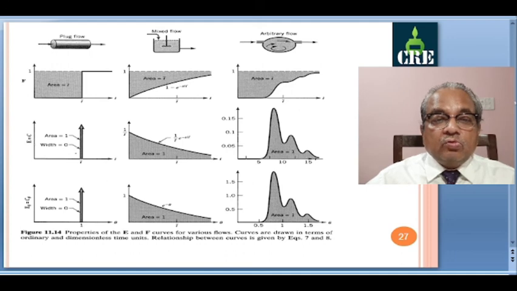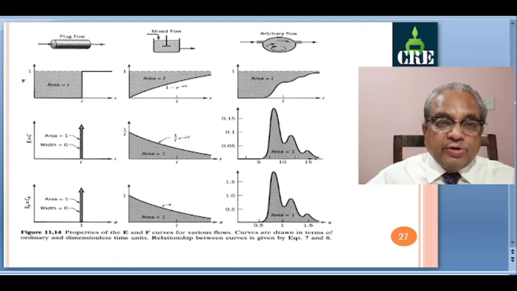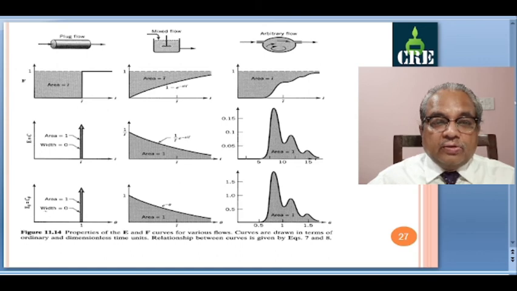The E curve is equal to C, this area under the curve of width tending to 0, so this will go to infinity. And E theta will be similar, a transformation of E only in terms of theta. So here we have the E and t plot, and here we have the E theta and theta plot. So both are the same representations.